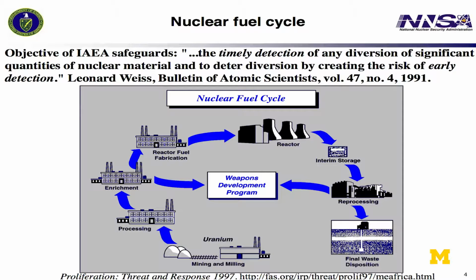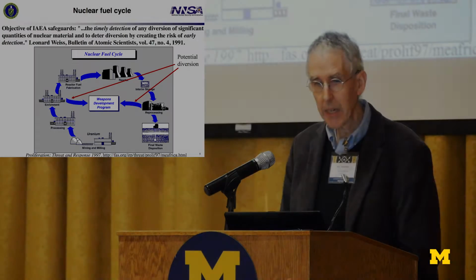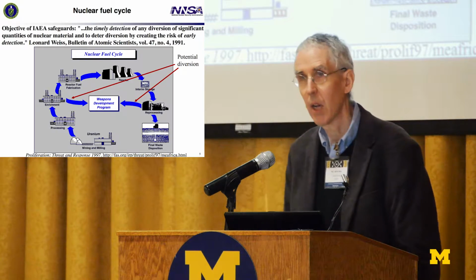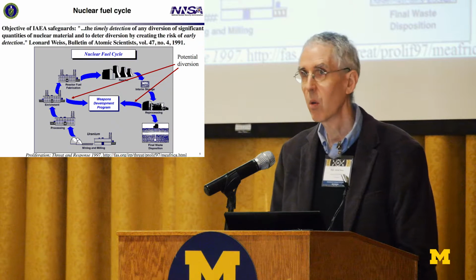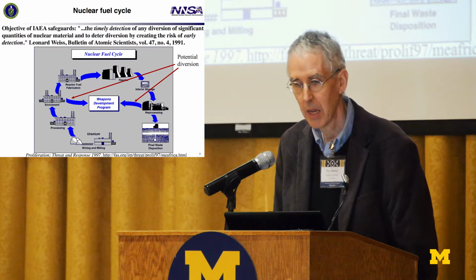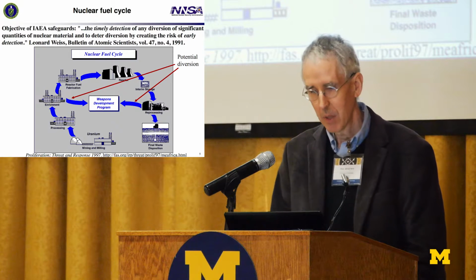So this is sort of just a cartoon picture that allows me to describe sort of where we are located in the spectrum of the CVT. So of course, one of the principal objectives of the safeguards is timely detection and early detection of diversions and other anomalies, so that one can go towards deterrence, interdiction, and policy.